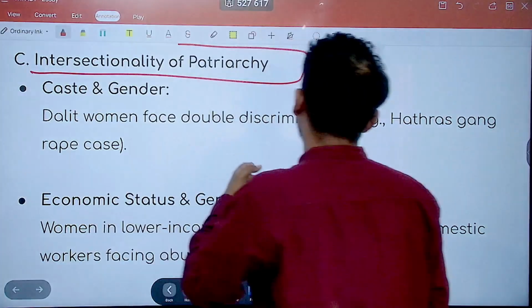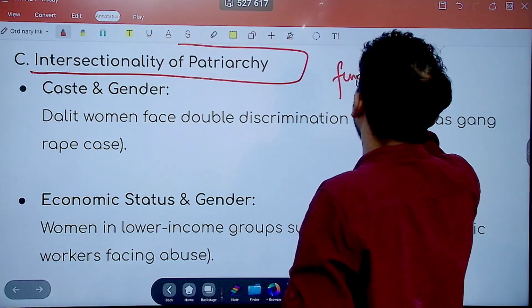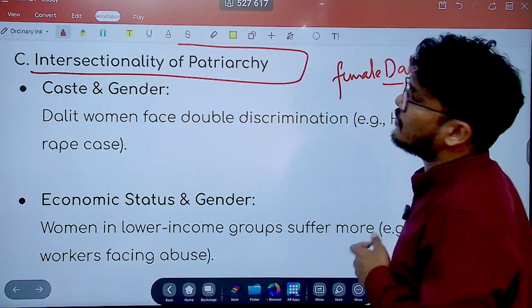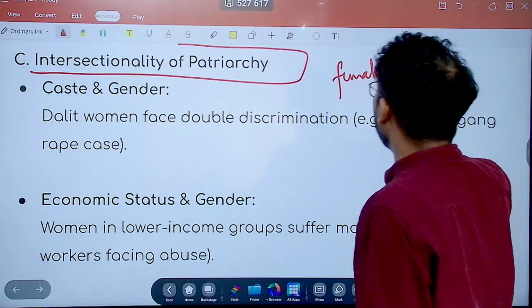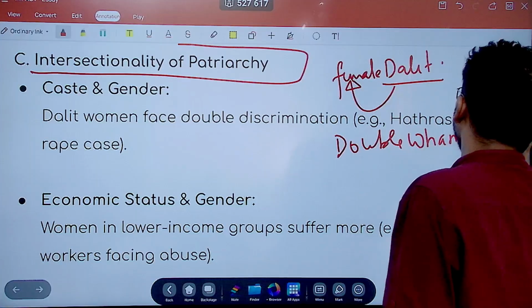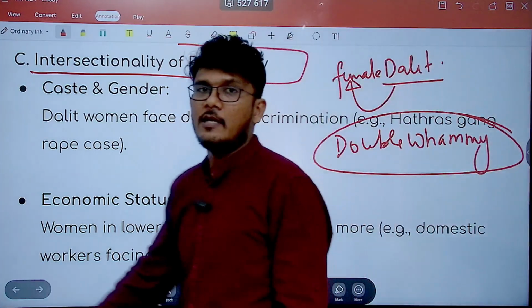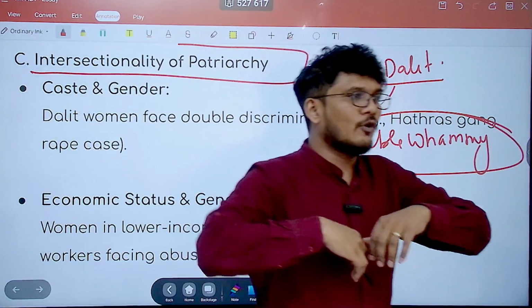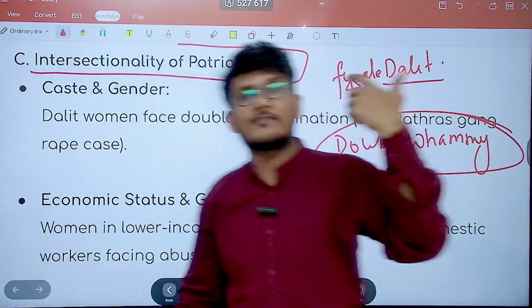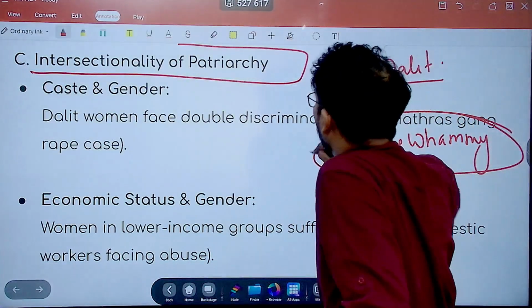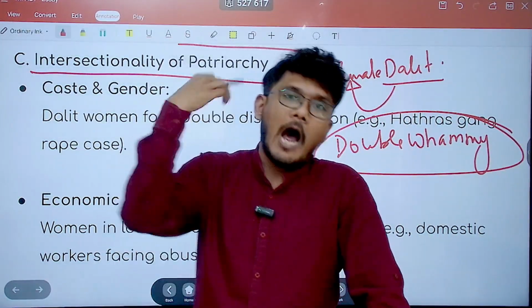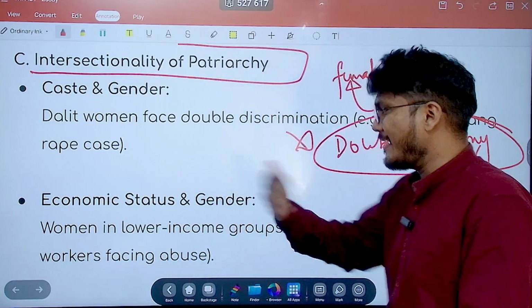For example, if I have to give you an example, a female Dalit, now she will face discrimination based on the fact that she is the Dalit. On top of that, she is a female. So this is a concept of double whammy, wherein all the females face double whammy. So if there is flooding, if there is, let's say no lights on the street, so a male is there, a female is there, the female is more prone to harassment, as a result of which, because of that lack of light or lack of any provision, is going to have a harder impact on the female sections of the society rather than the male.